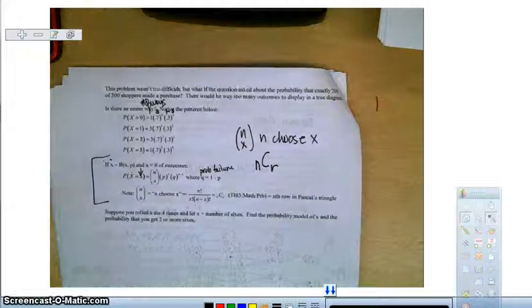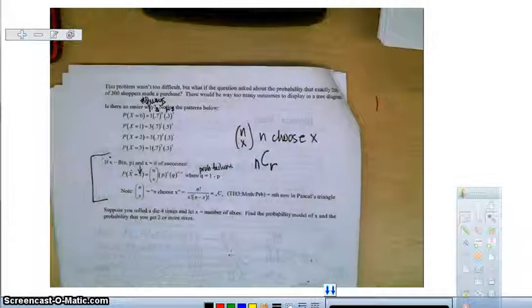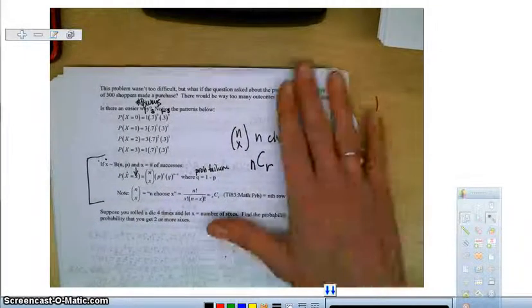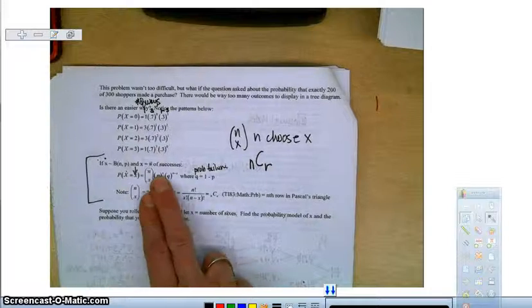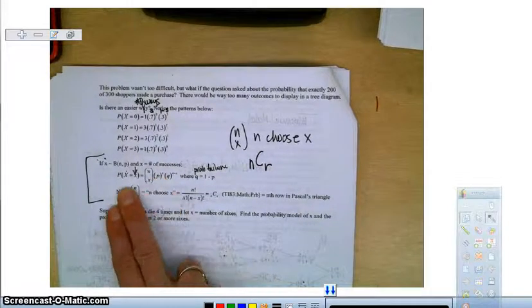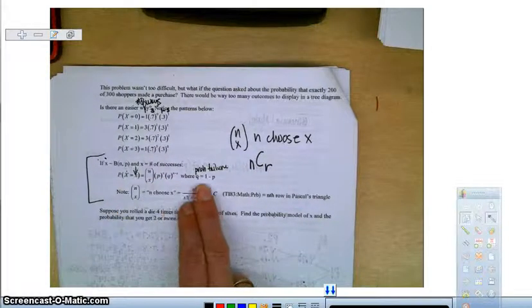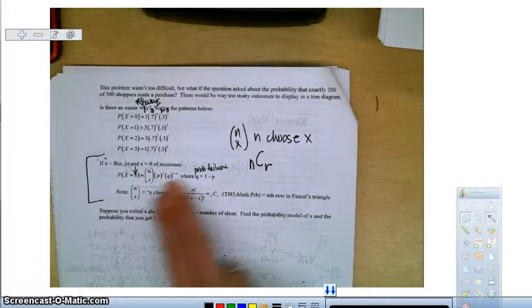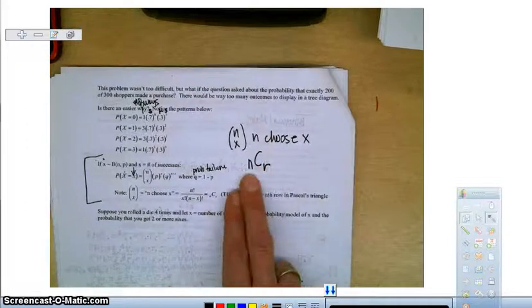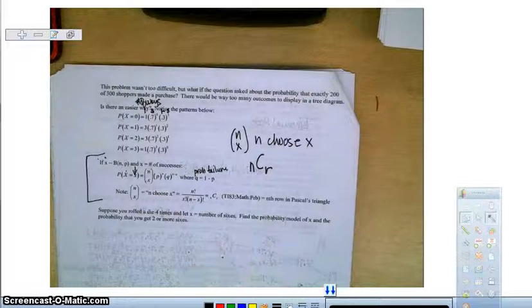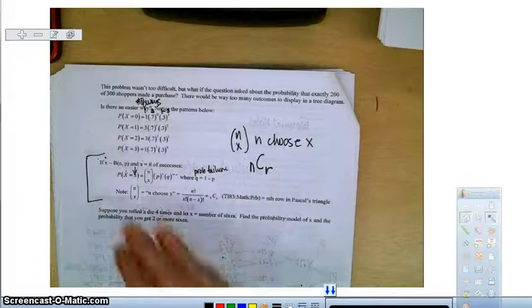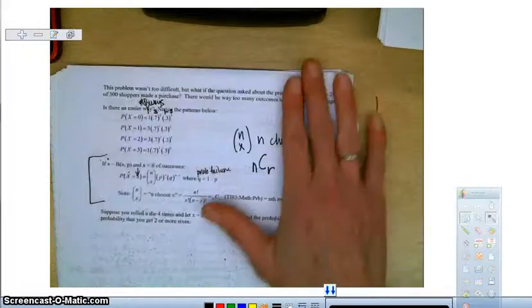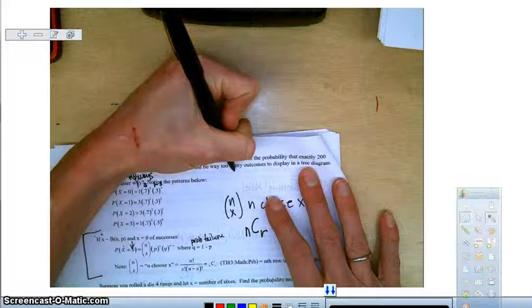All right, so continuing on with day 2, talking about the binomial model. We just talked about the formula. This is the formula for calculating binomial probabilities here. The way you do n choose x right here, I'm going to show you how to do n choose x here. So let's say, looking at this previous example that we did, n was 3, and if we look at this probability back here,